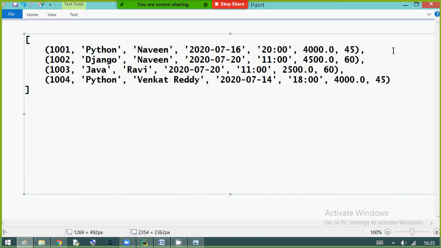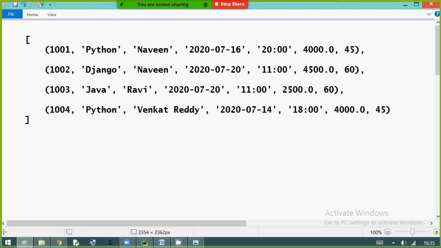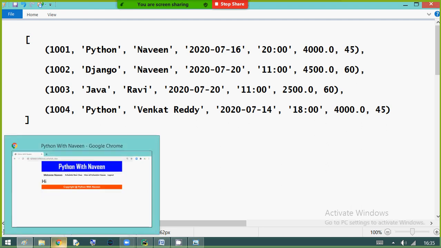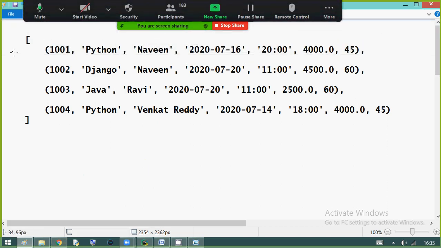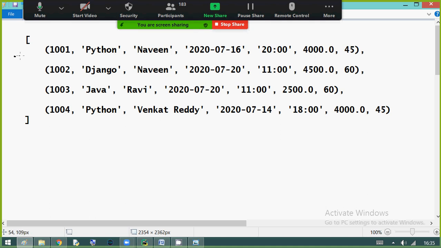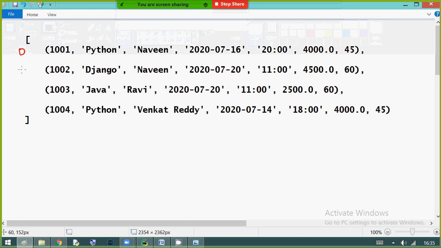So let us understand this data once. The data is in list format. Concentrate. List means we'll have index positions. Like 0, 1, 2. This is the 0th position, then 1, 2, 3. Yes, index positions. As you learned in Python, negative indexing is also available: -1, -2, -3 and -4.